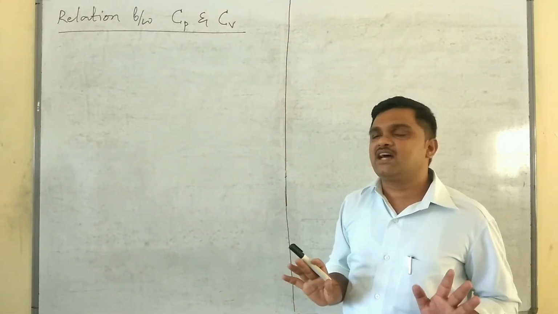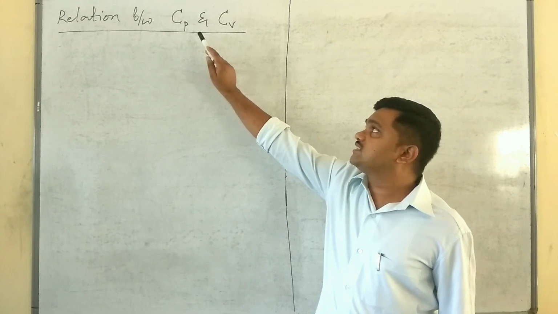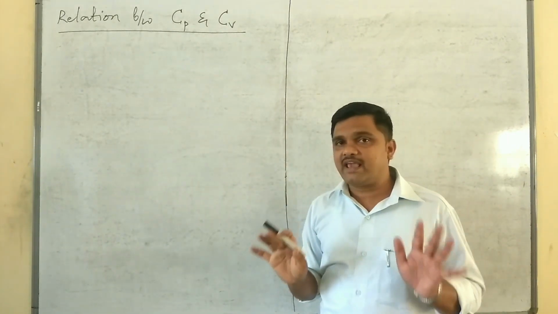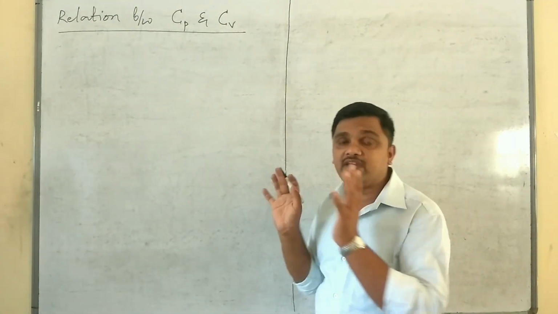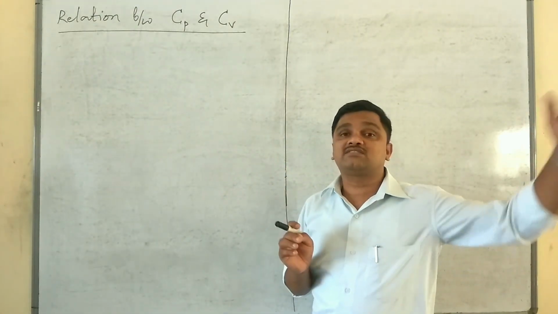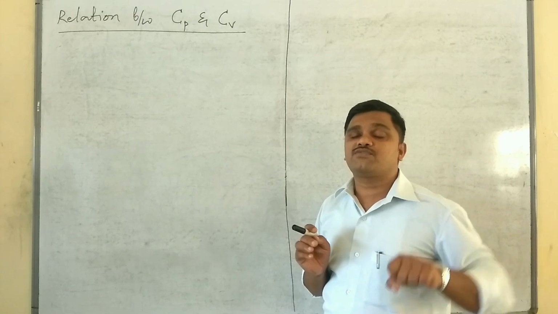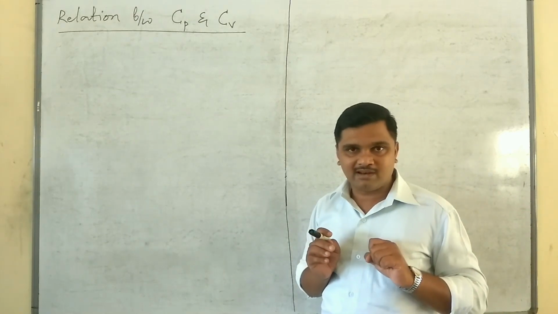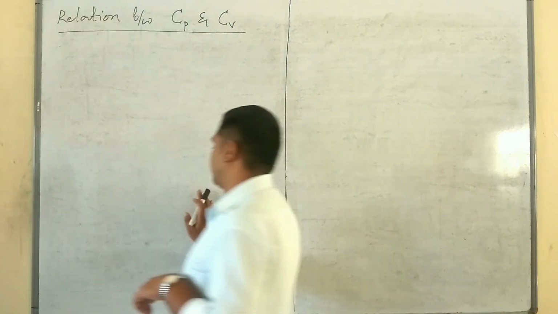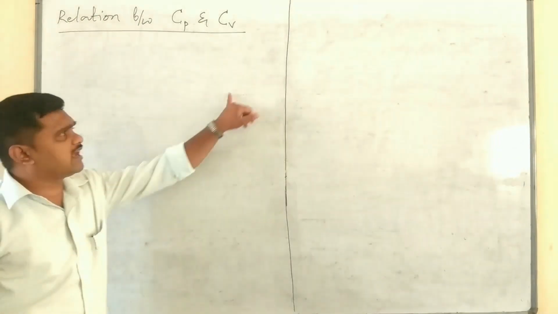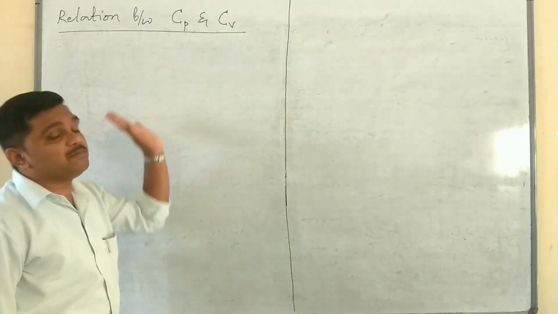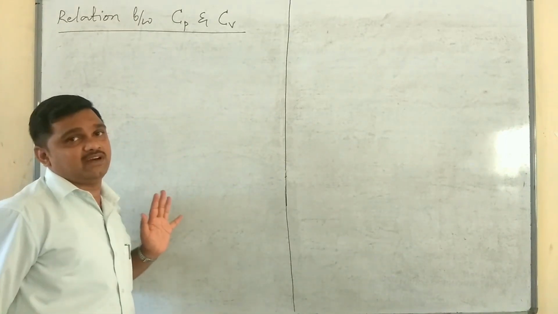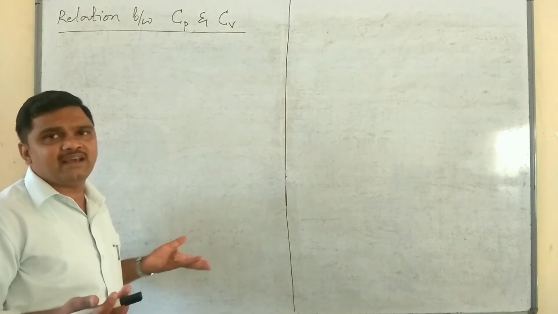As I said in the last class, we discussed Cp and Cv only for gases, as the definition says: the amount of heat energy required to raise the temperature of 1 mole of gas by 1 Kelvin. Here, which gas do we have to take in order to explain Cp and Cv? The relation between Cp and Cv means an ideal gas.